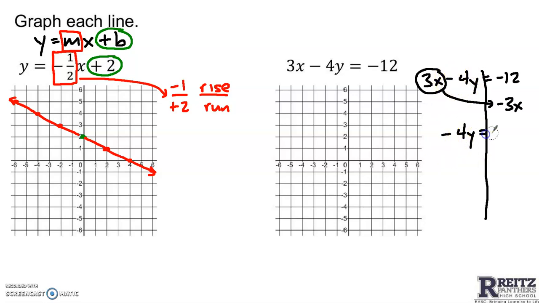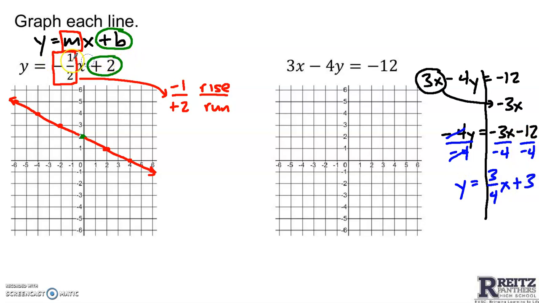I've got -4y equals -3x minus 12. And then if I divide every term of this equation by -4, these cancel out. I get y equals -3 over -4, which doesn't reduce other than that the negatives divide out. So you get +3/4 x plus 3,